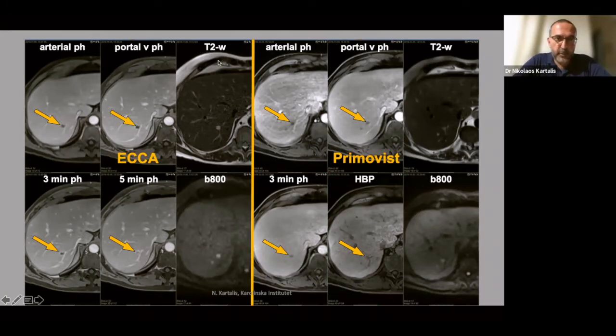This is on 1.5 Tesla, so we see on T2 the lesions almost as high as the CSF. Regarding the contrast enhancement pattern, we see a peripheral, nodular, discontinuous enhancement with centripetal filling, at least in the larger of the two lesions. But I promise these two lesions are the same.